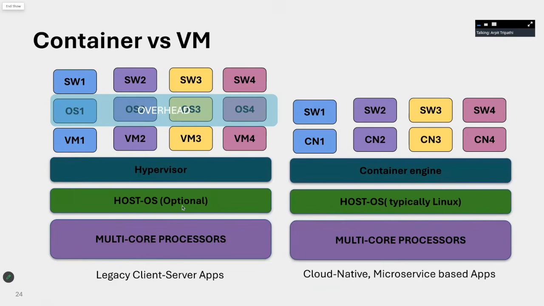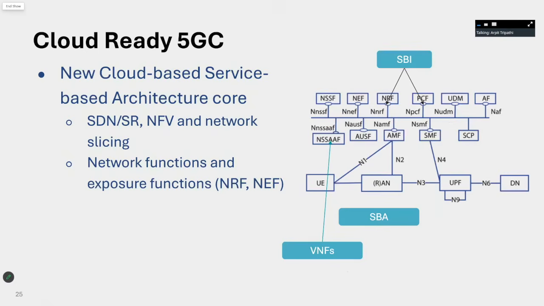Your legacy client server applications were running over hypervisors, and over those hypervisors there were VMs and an OS that added overhead to the entire legacy system. When we move from legacy client server applications to cloud native or microservice based applications, we are removing this overhead. Instead, we run them as a microservice or a cloud native function, so that the dependencies are also stitched along with the application. That's the typical difference. This helps reduce latency and response time, which is an essential requirement of modern communication networks.